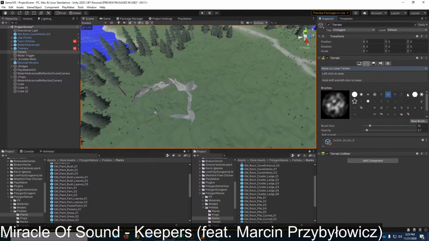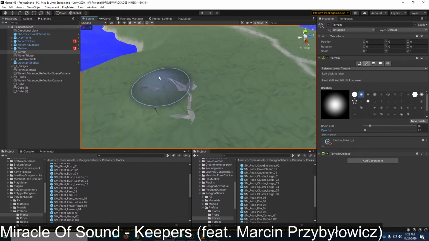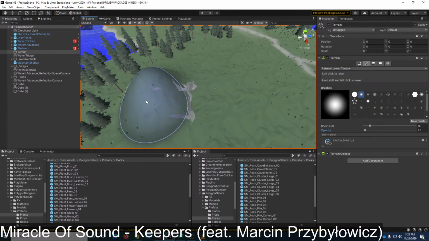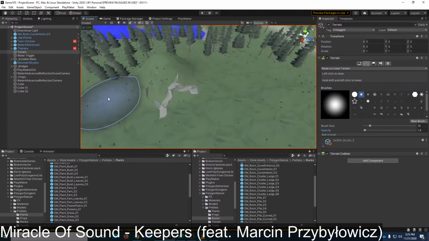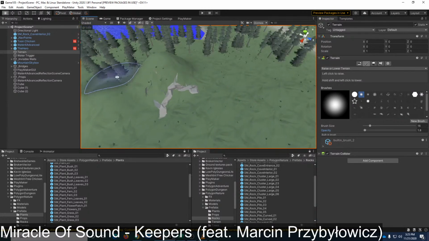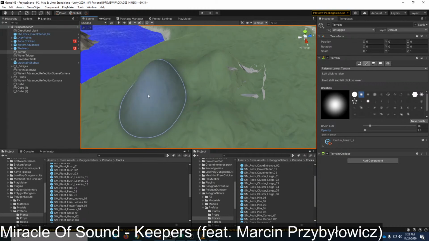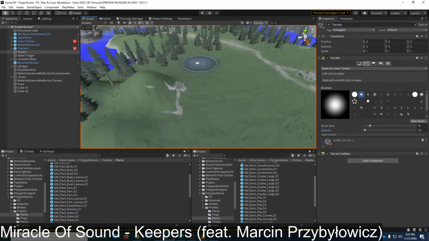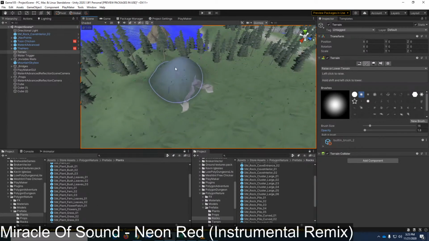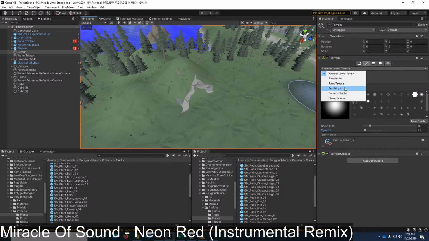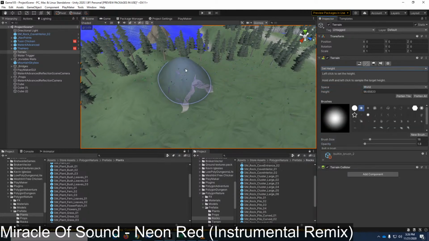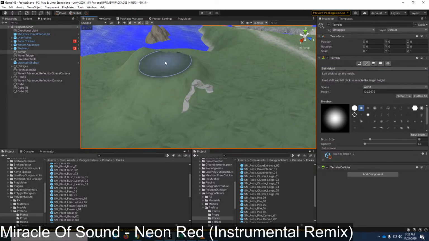So, raise lower terrain. Definitely want a soft brush here. Okay, so it looks like maybe about that high. Let's use set height.